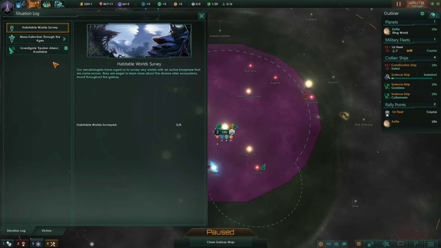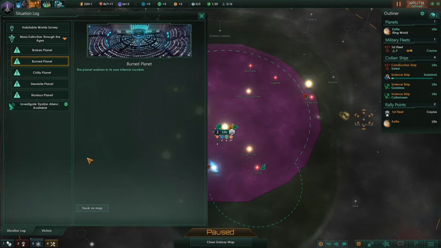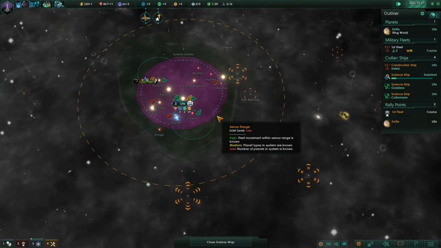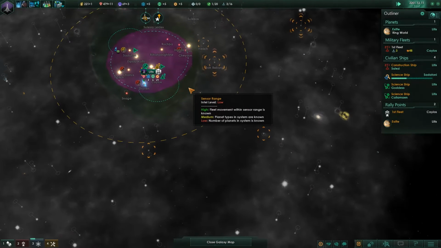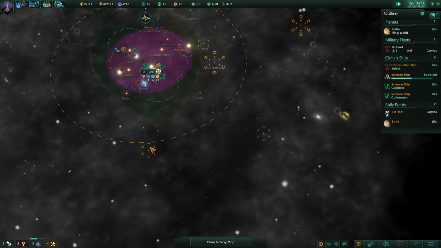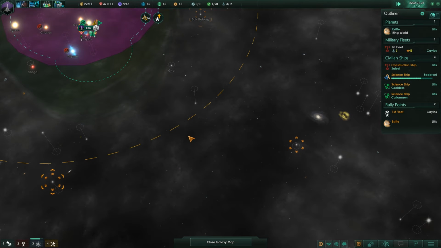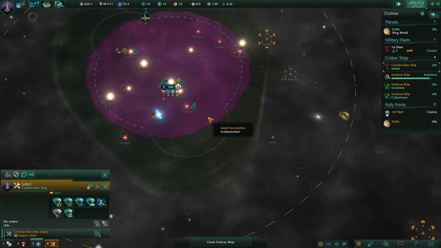Updated. Broken planet, burned planet, chilly planet, noxious planet. Can we track all these on the map? Okay. That seems doable. Do we have a time limit on this? No, we do not. Though, to get to these, we may need some additional wormhole stations. So I think this is our maximum range. So let's say I went over here and said...